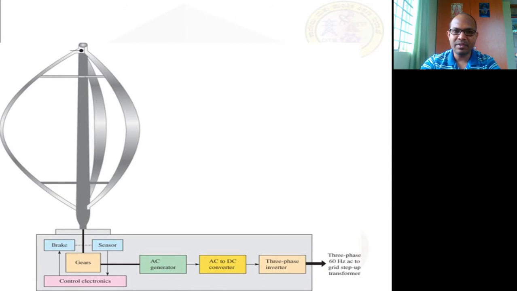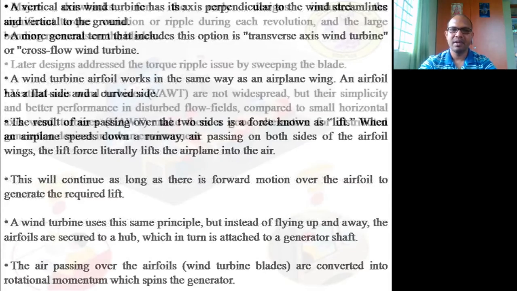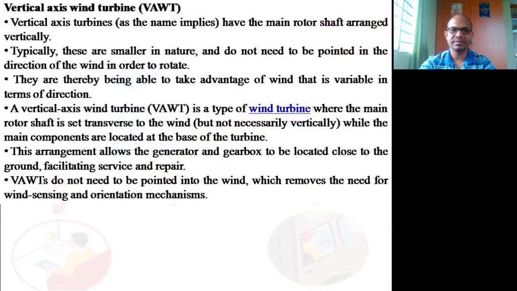Now you can see this. There are a number of blades, three blades, which have been placed like this, where this is a tower. The tower also need not necessarily be as tall as 100 feet. In horizontal axis wind turbines, we have a nominal height of a minimum of 100 feet, whereas this is not required to be 100 feet. That is one major advantage. Now just observe this sketch, then I'll go back to the explanation and working principle.